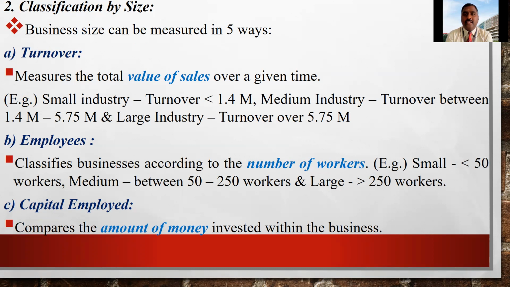If you take the persons who are selling all the FMCG products in the showroom, in the retail supermarket, it is also a business. The same kind of FMCG products are sold in provisional stores or a small petty shop on each and every street corner. That is also a business, but that business is classified based on the size. That's why turnover is one of the important things, along with employees as well as the capital investments which are made.